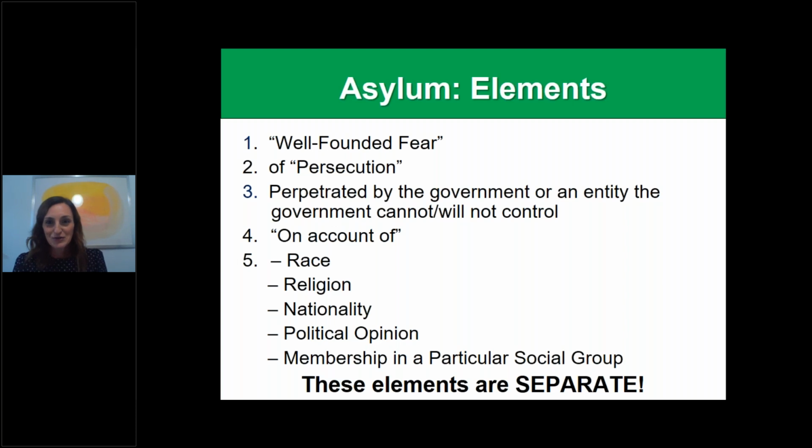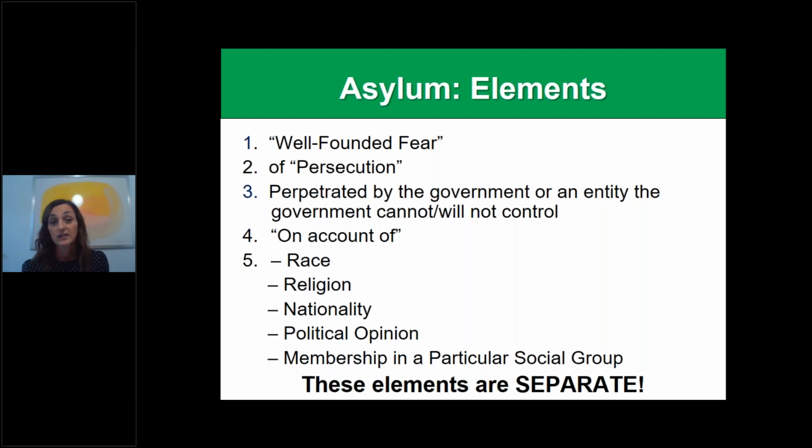Again, another refresher for you from last time. Ashley walked you through all of the elements of asylum, but we like to bring this back up again to remind you and keep these things in the forefront of your mind as you start taking on an asylum case. The things that you are really going to need to prove when you take an asylum case are that your client has a well-founded fear of persecution that's perpetrated by the government or by an entity that the